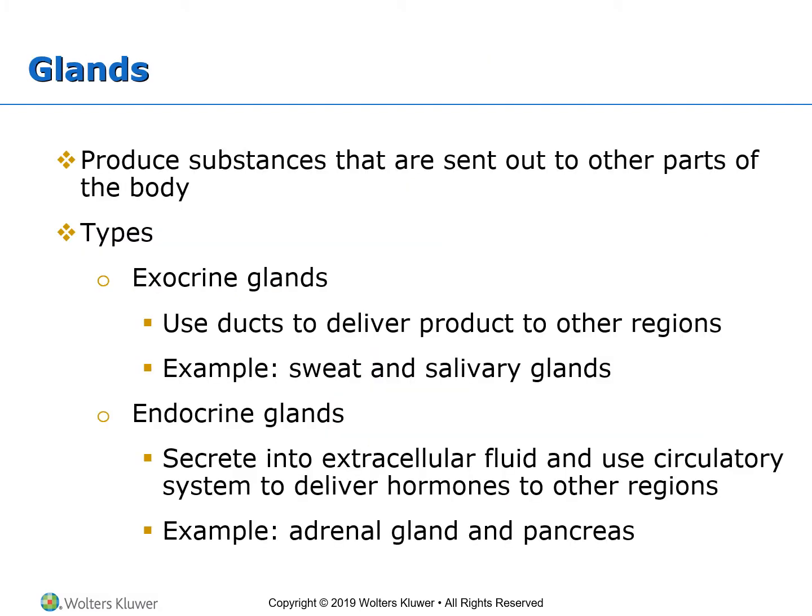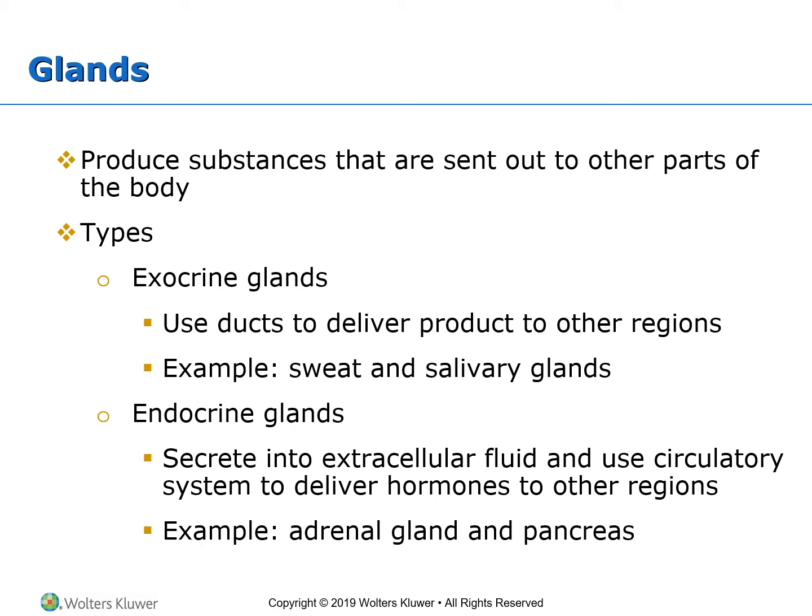Now let's look into the glands. The glands are structures that histologically are related to the epithelial tissue. However, they have the ability of producing substances. Those cells will secrete different types of products, and those products are sent to other parts of the body. So when we are looking at those glands,